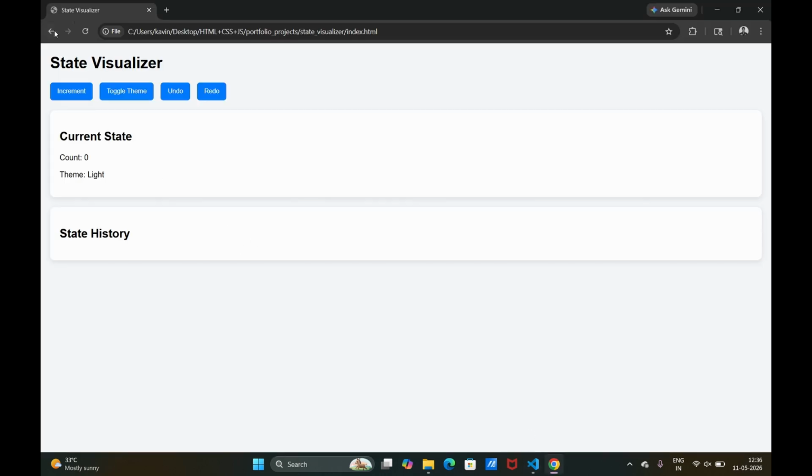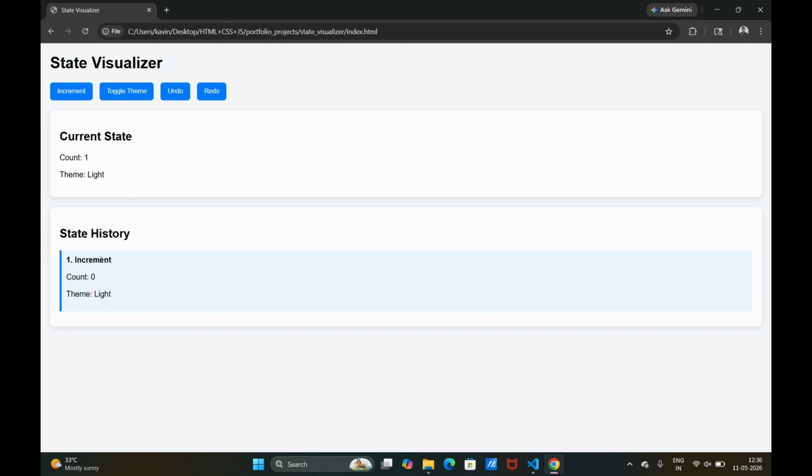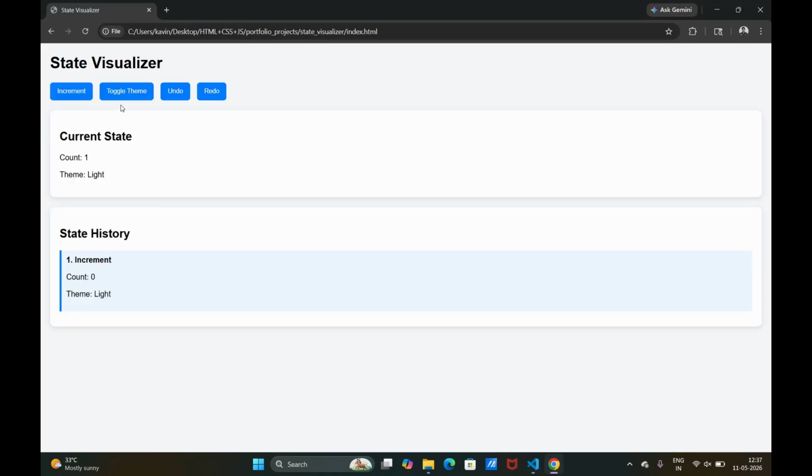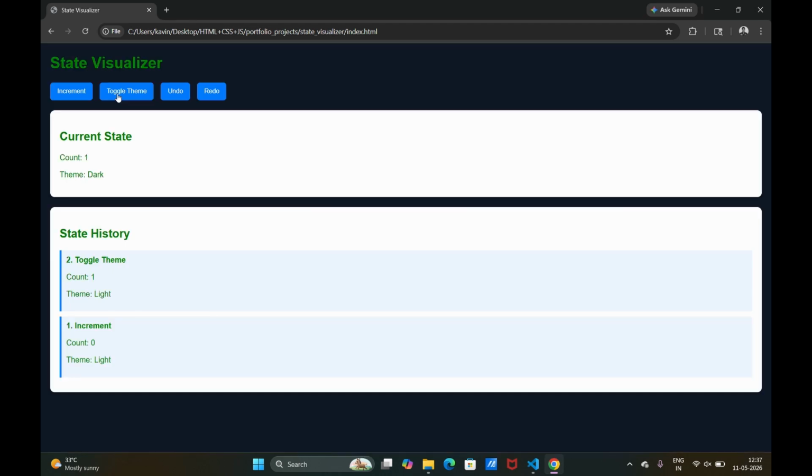So let's go to the browser. I click reload. When I click increment, see the state is increasing. Count will start from 0. As I have already mentioned here, count's beginning value is 0. So it is working. So when I click toggle,